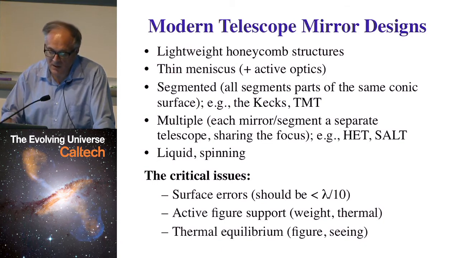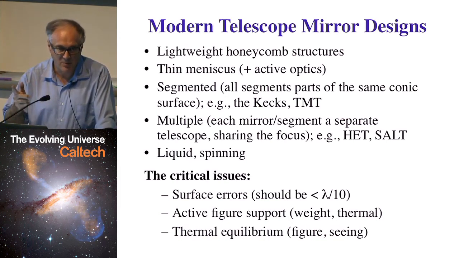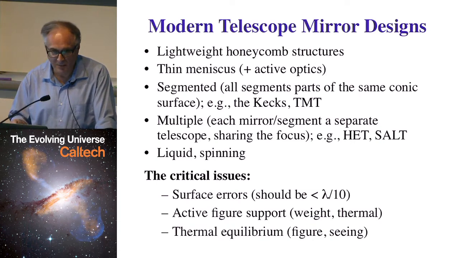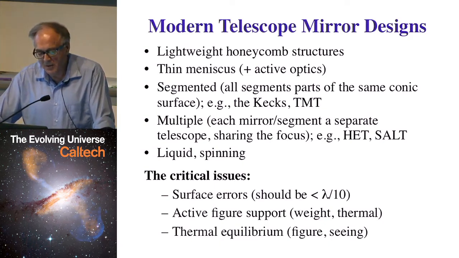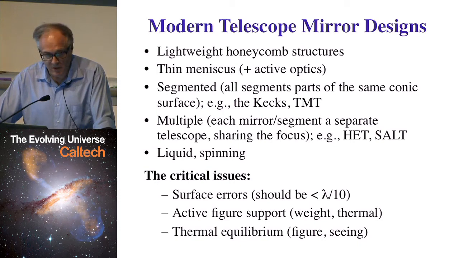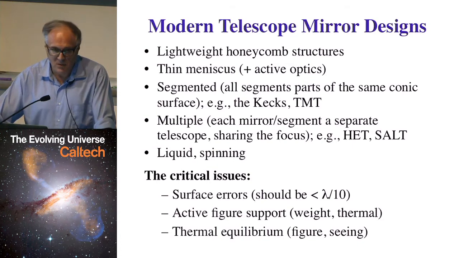Then there are also crazy ideas, like spinning a dish full of liquid mercury, and because of the spin, it will assume a parabolic shape surface, and you can use a telescope that looks straight up. Mercury being toxic, this is not always a good idea. But the important thing is that in order for a telescope to actually produce good quality images, the deviations from the perfect figure, which is usually a parabola,